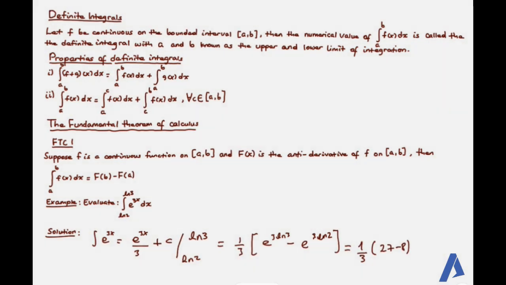This is equal to e the power of 3 ln 3 ማለት e the power of ln 3 the power of 3, which is equal to e the power of ln 27. ስለዚህ e the power of ln 27 ደግሞ directly 27 ነው። the same way ይሄኛው 8 ይመጣል። ስለዚህ 27 minus 8 is 19 over 3 ይሆናል መጨረሻ መልሳችሁ ማለት ነው።